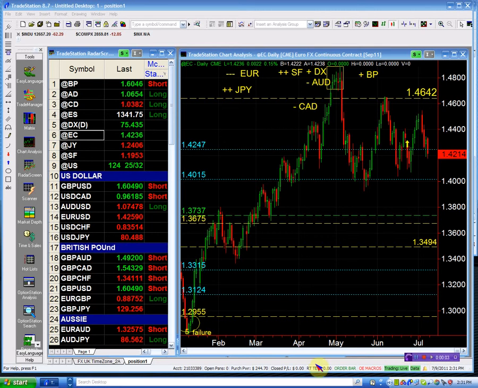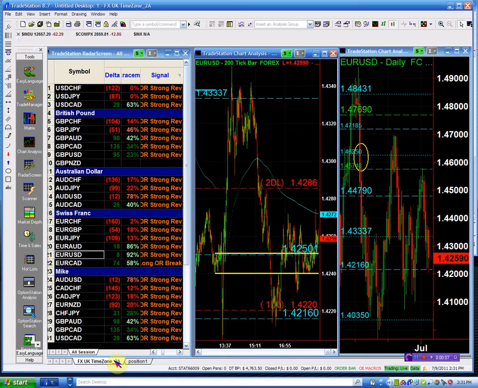It could be just like a short-term reaction. Okay, so with that said, let's start with, based on our hierarchy, the euro pairs. And if you look at the radar screen, guys,